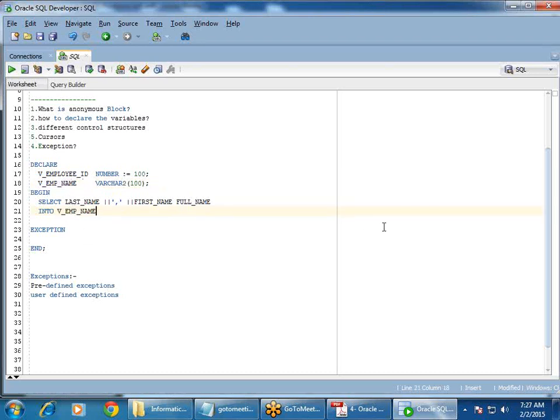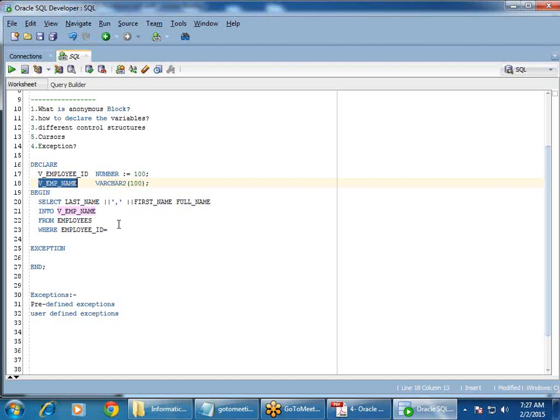This is also another type of cursor which we have seen, though when we talked about cursors, I didn't actually talk about this. This is another type of cursor which we can use, called select into. This type of cursor can fetch only one record at a time. Let's say if I want to print the employee name, I use DBMS_OUTPUT.PUT_LINE,